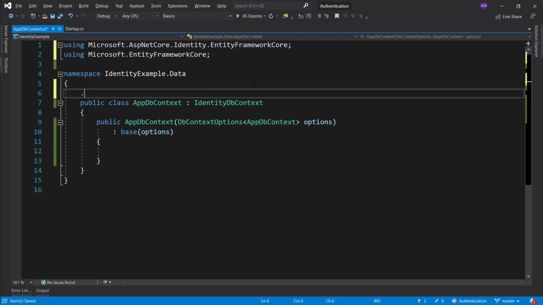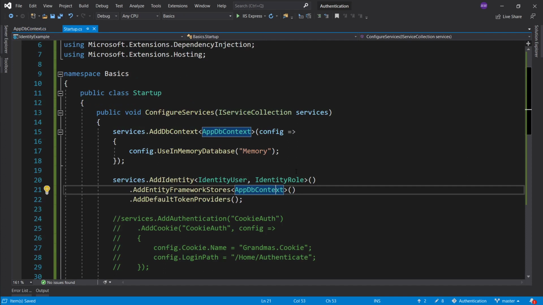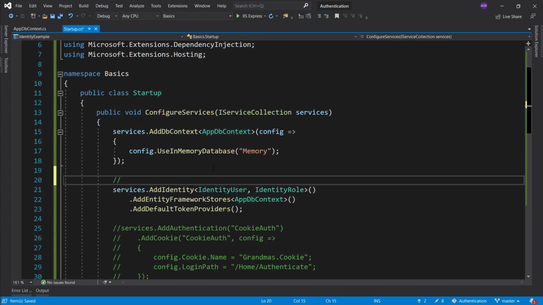Okay, so I'll just put a comment here, so you are aware, contains all the user tables, and AddIdentity